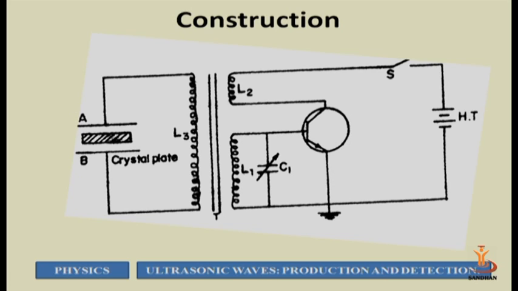Then resonance takes place, and at the time of resonance, the natural frequency of the quartz will be the value of the applied electromagnetic field, that is, the frequency of the L1 C1 parallel circuit. So during resonance, this quartz crystal will start to make maximum vibrations, and this maximum vibration is able to generate ultrasonic waves, starting from a frequency of 20 kilohertz.